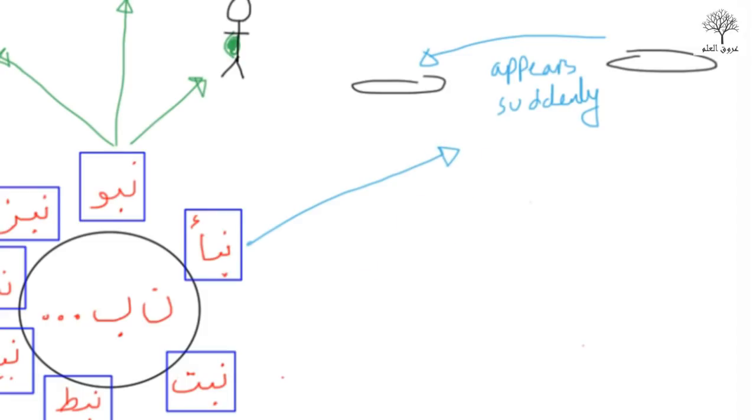So you can see now, naba, wherever it's going to come in the Quran, it's going to have this meaning of all of a sudden, something coming out from nowhere, something you were unaware of. All of those kinds of meanings are found inside of this word. So let's just write something.